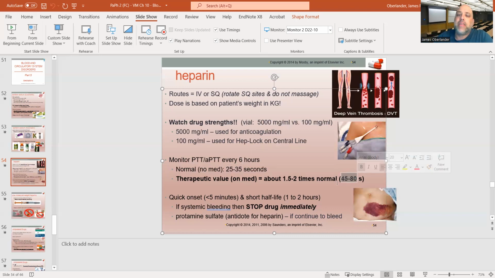Now, again, if you're not on heparin, we want to have that normal value. If you're on heparin, we want that range to be 45 to 80. If you're 30 while you're on heparin, we need more heparin. If you're 90 or 100 or 120, then what would be the things we need to do? If you had somebody on heparin,